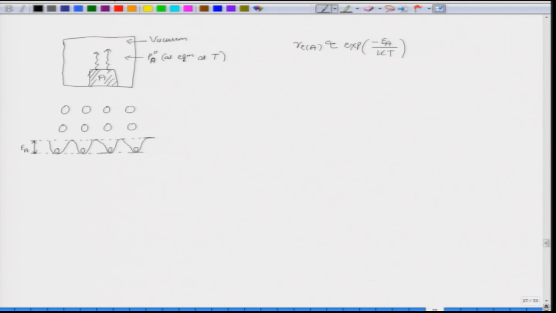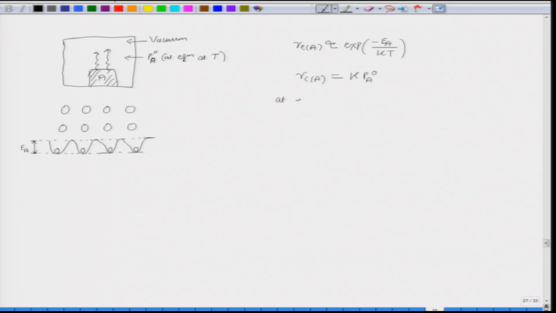So essentially the rate of condensation RC of A will be proportional to vapor pressure, right. If it is pure A, it will be proportional to Pa 0, because pressure quantifies how many atoms are hitting the wall per unit time, right. So RCA we can write as K times Pa 0,